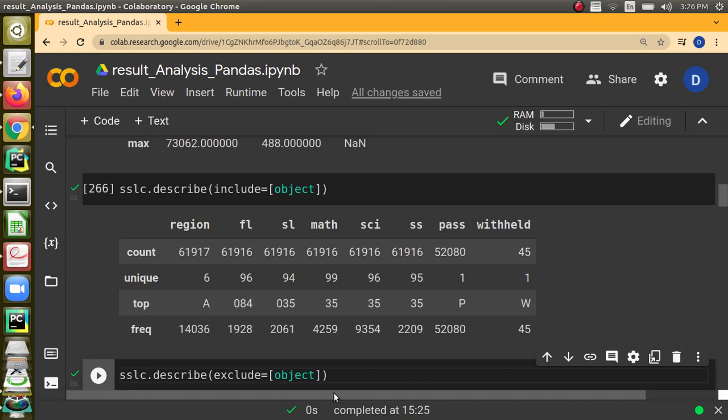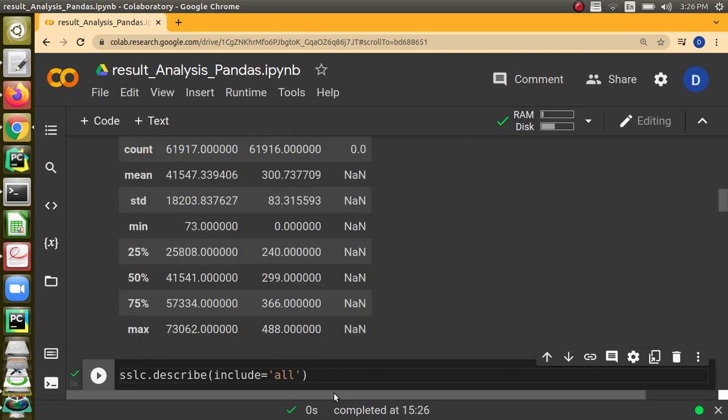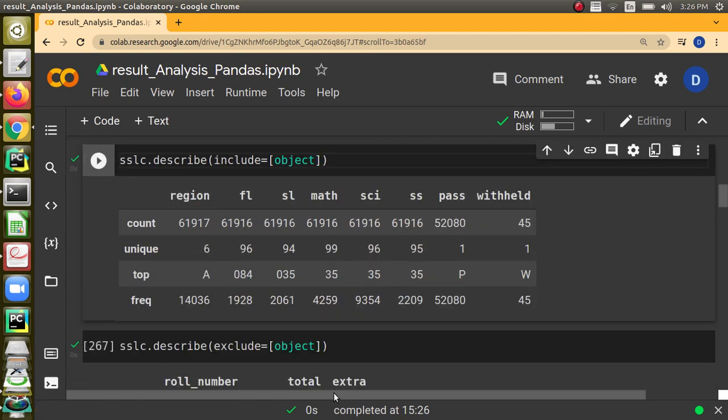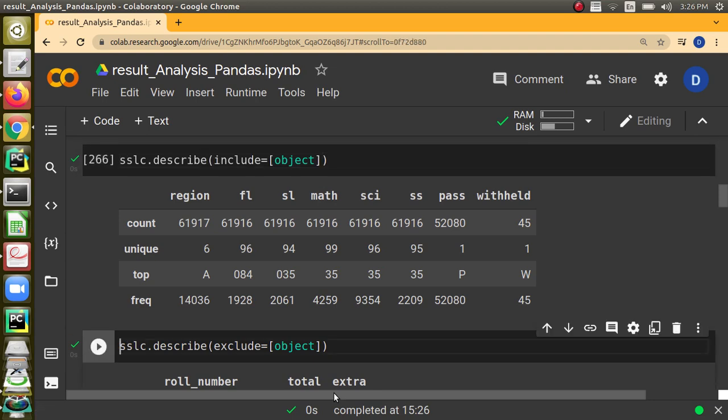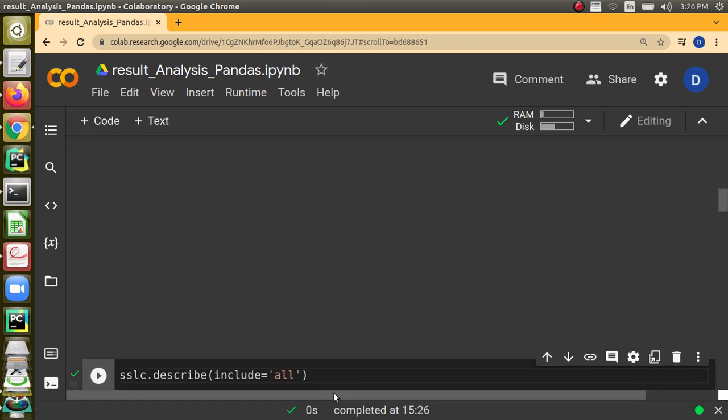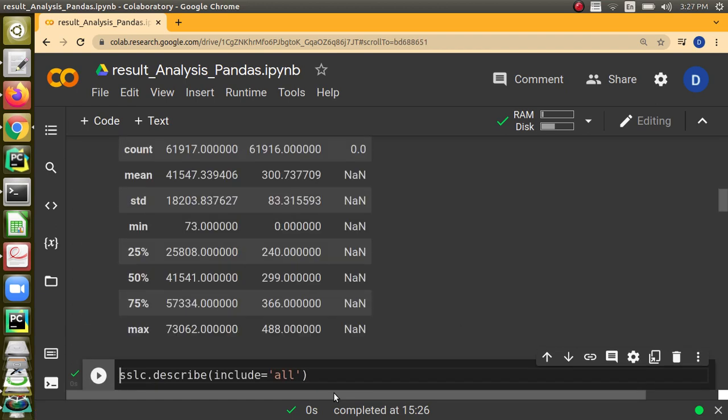Next, we can also use exclude. Include means it will include a particular list of data types. Exclude is for excluding a particular list of data types; except for these, all other things will be included. So if we say exclude equal to object, in this case the data frame is going to contain everything except object, that is, all the numerical values. Once again we will get what we saw without any argument, only in this particular case.